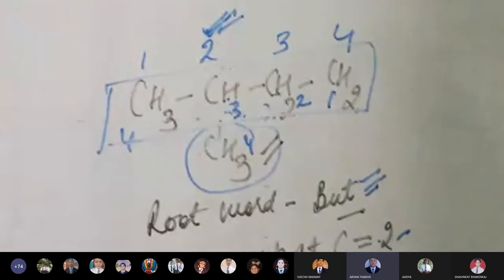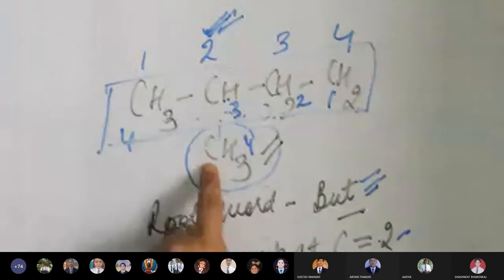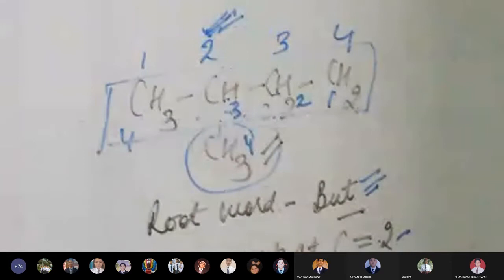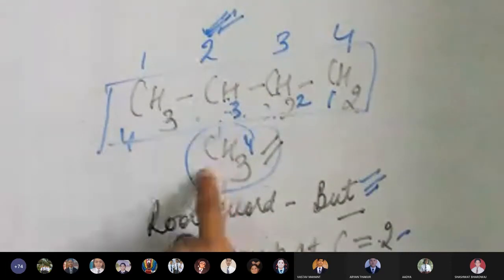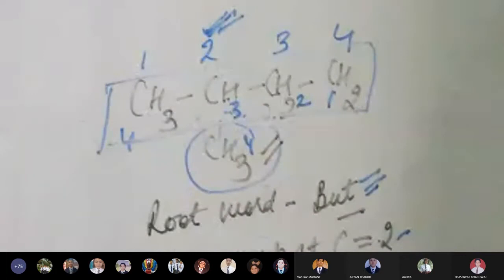Okay, you can mute yourself, and I'll compile the things which we have done today. We started with only one rule, how to select the longest chain, and at the end we also reached that extra groups are responsible for giving you prefixes, and by looking at the formula you will write the prefix. If here I write C2H5, then the prefix name will become ethyl. If it is already written CH3, then this name will be methyl.